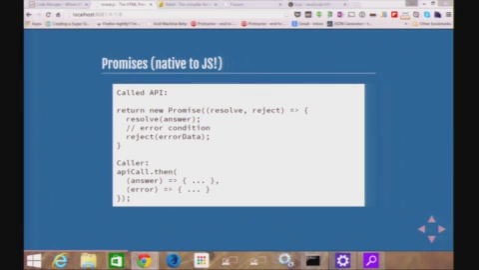But this lets us natively in the language create a promise. So let's say up top you had an API, and that API was going to do something asynchronous. We don't know when it's going to get done. We know we want to hand back